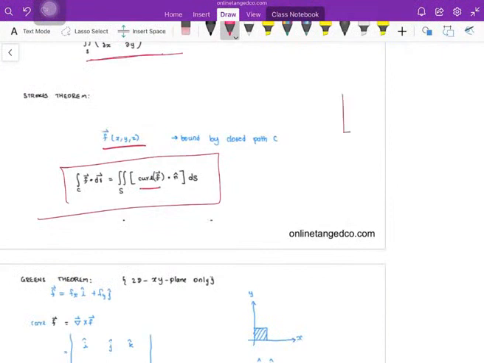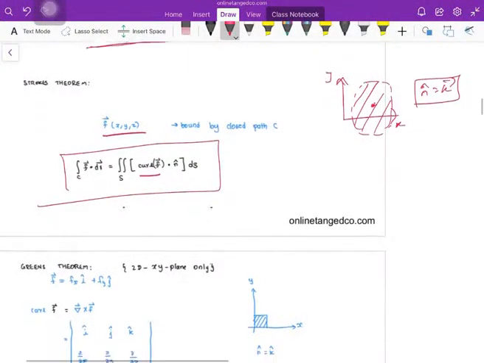Here, this is my xy plane, where I'm doing the integral. Curl F means the projected area of the surface where I'm doing the integration. The projected area will always be in the xy plane. The surface normal to the xy plane is perpendicular to the plane of the paper, so n cap will be in the z direction. This n cap is always perpendicular to the plane of the paper, which means n cap is always the k vector. For a 2D case, n cap is always the k vector.